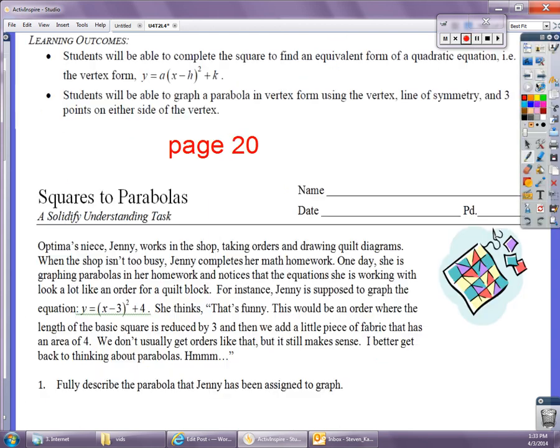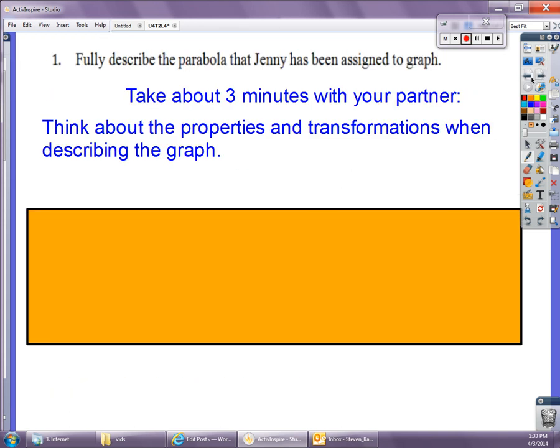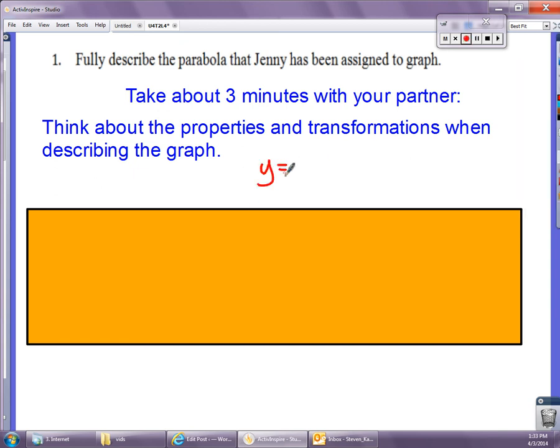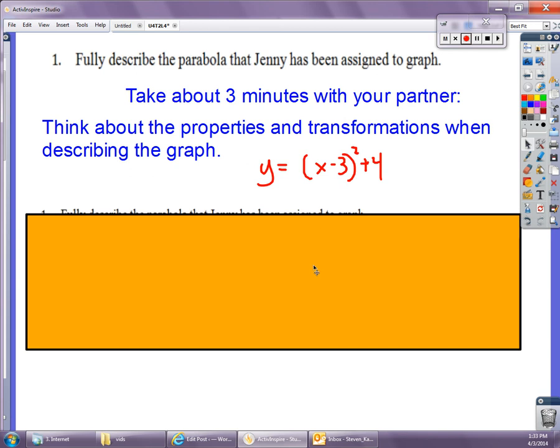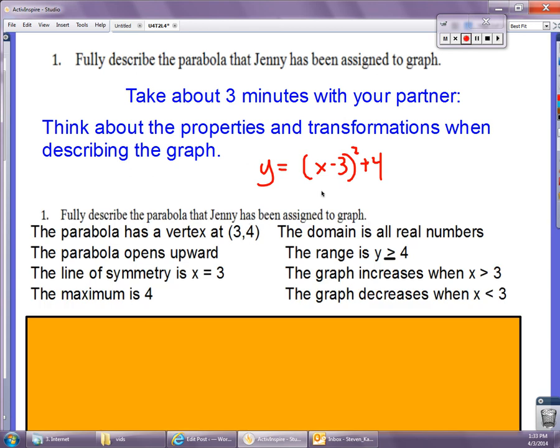So today in class, we learned that if you have something in vertex form, such as x minus 3 squared plus 4, it's really easy to talk about the graph because you already know what the vertex is. The vertex is at (3, 4) because it's already in vertex form. And then when you go to draw it, you know all of these properties about that graph. Got the domain, the range, when it increases, when it decreases,